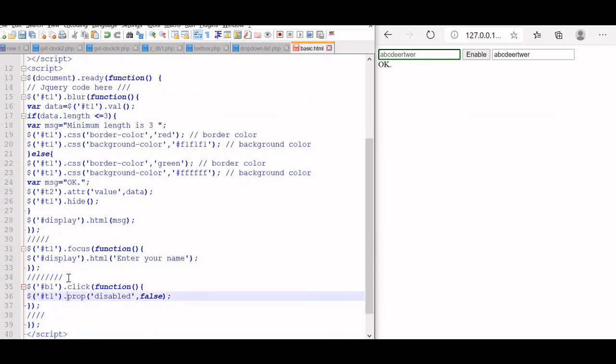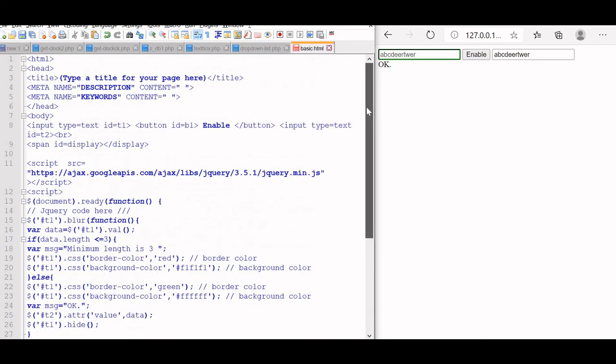Here we will change it again. Here we will say show, because now on the click of the button we should show the text box. So the show function is executed. Now instead of the label part, we will change to enable, so we will make it show or display. Let us use the word display. Fine. Let us save this.